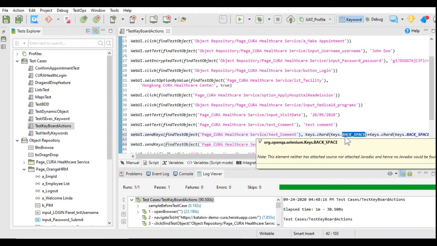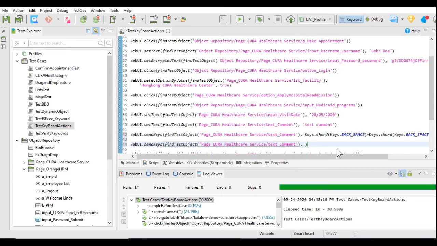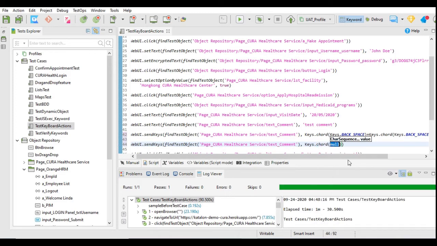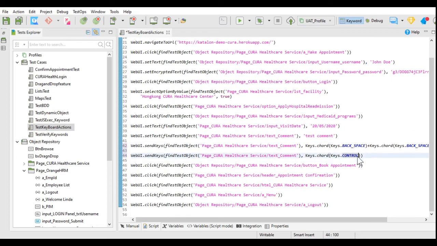We have used backspace 2 times over here, so it will remove T and N from this test comment, and here we will use Keys dot chord and Keys dot CONTROL, and with this control I will use A. If we use control A, what happens? We can select the complete text.